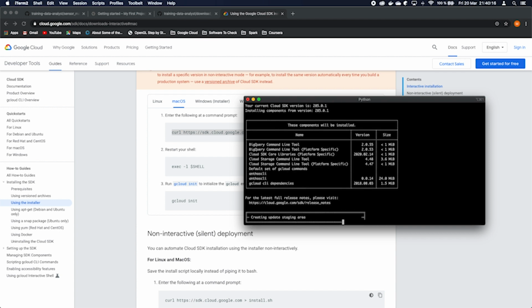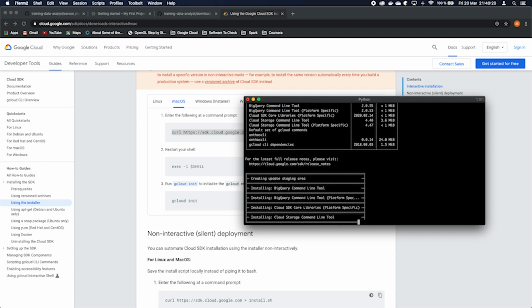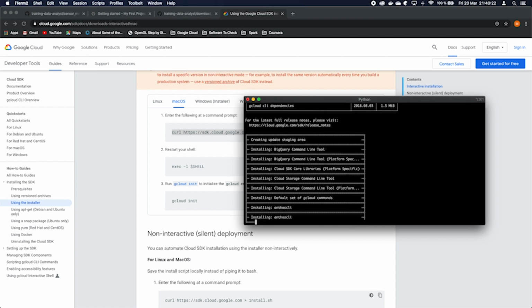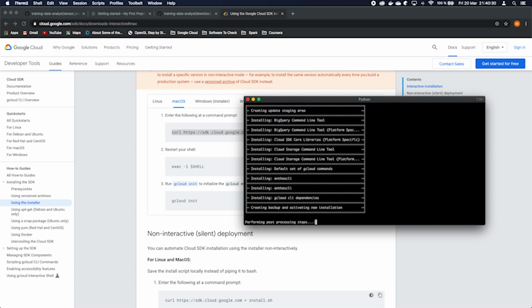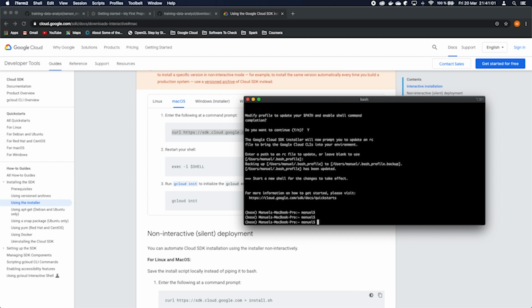Okay, now as you can see, it is installing all the commands that we need. It will take some time, so I will fast forward. Okay, do you want to continue? Modify profile to update your path and enable shell command completion? Yes, okay, and we are ready.